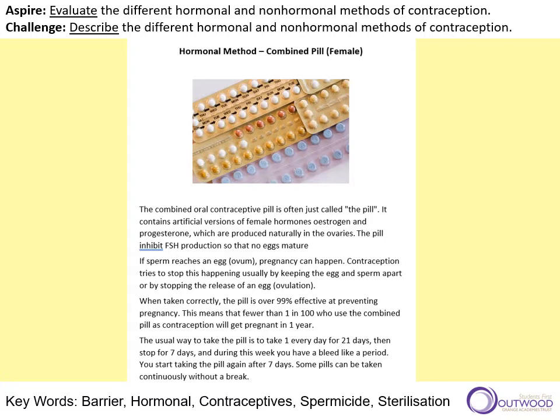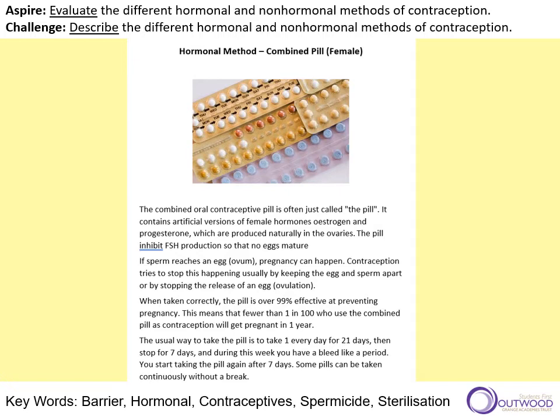It's important, as it states, the usual way to take the pill is one every day for 21 days. You need to take it at the same time every day, and you cannot miss one. Then you stop for 7 days, allowing you to bleed, to have a period, and then you start the pill again after 7 days. There are some pills now that can be taken continuously without a break. Okay, important